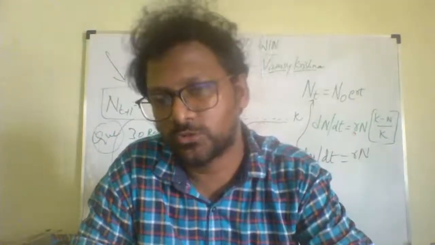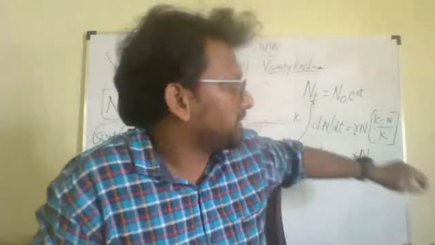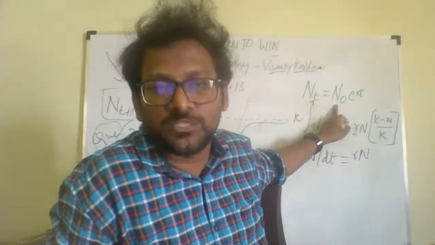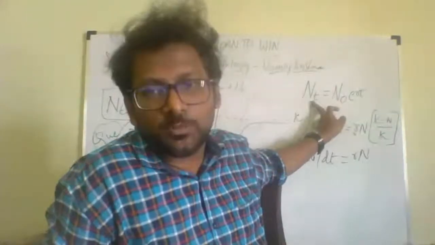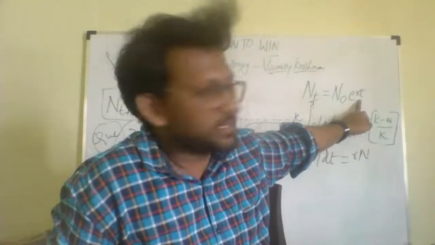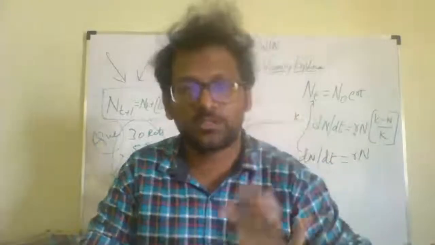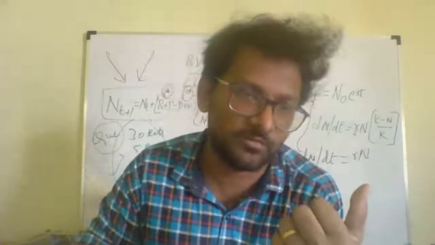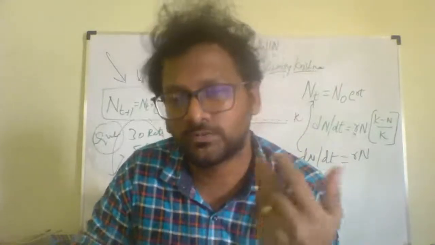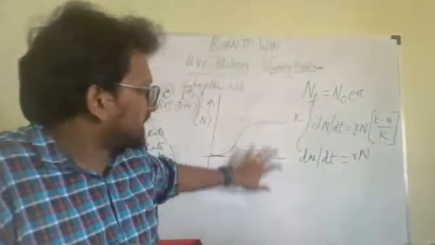Are you getting? Once you go through this integral form of the exponential growth equation, it would be easier. They will be explaining what is Nt, what is N naught. N naught is the population density at time 0. Nt is the population density after time t, r is the intrinsic rate of natural increase, and e is the base of natural logarithm. They will be giving all these things, and they may ask you to find out the r value. We will try to solve these problems once the lockdown is over. During division time, we'll solve some problems, but you have to focus on these graphs.